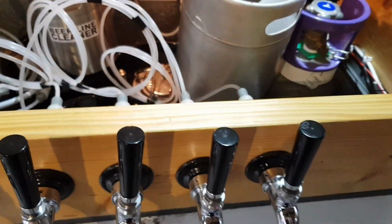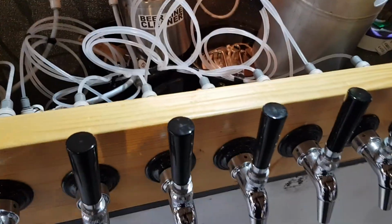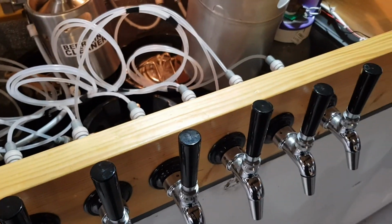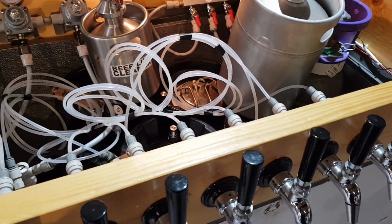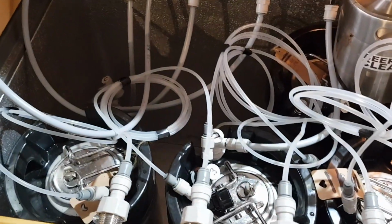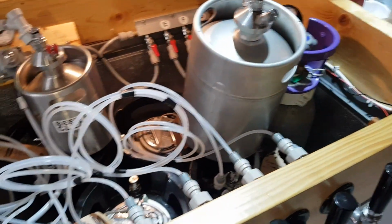So we are now 28 minutes, I'm going to give it half an hour, 28 minutes away from having the first pull of a pint off this, which was a terrible, terrible waste. So back soon,